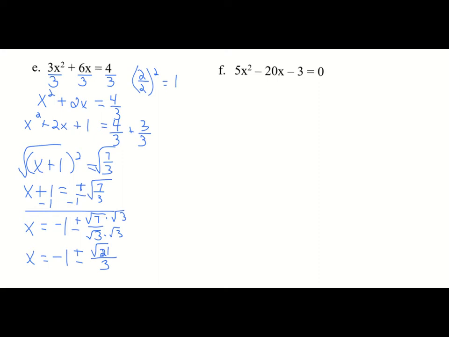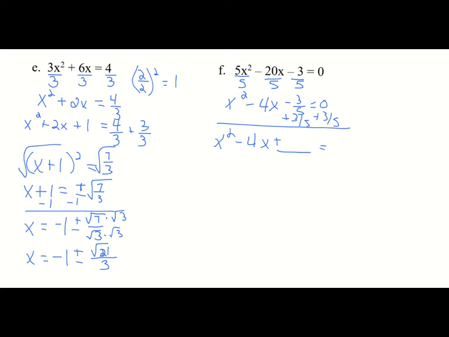All right, let's see here. F is one that's similar to E. Again, we have that term in the A spot other than a 1. So we're going to divide everything by 5, and then we'll move C over. So we'll end up with x squared minus 4x minus 3/5 equals 0. But then again, I need to move C, so I'm going to add 3/5 to both sides. So I have x squared minus 4x, and I'm going to leave a spot so I can add my b term, is equal to 3/5